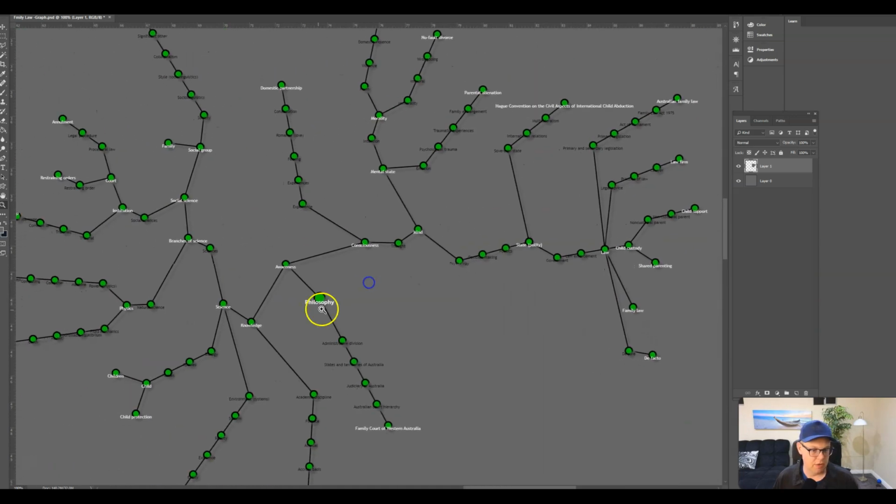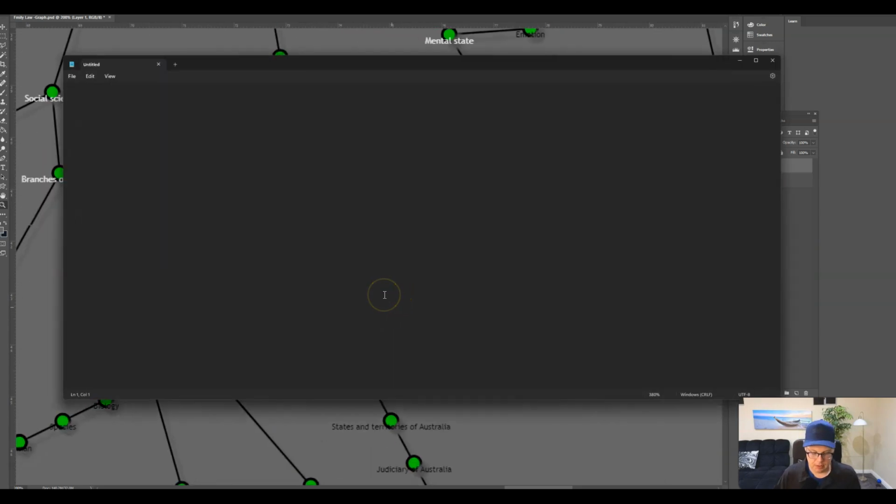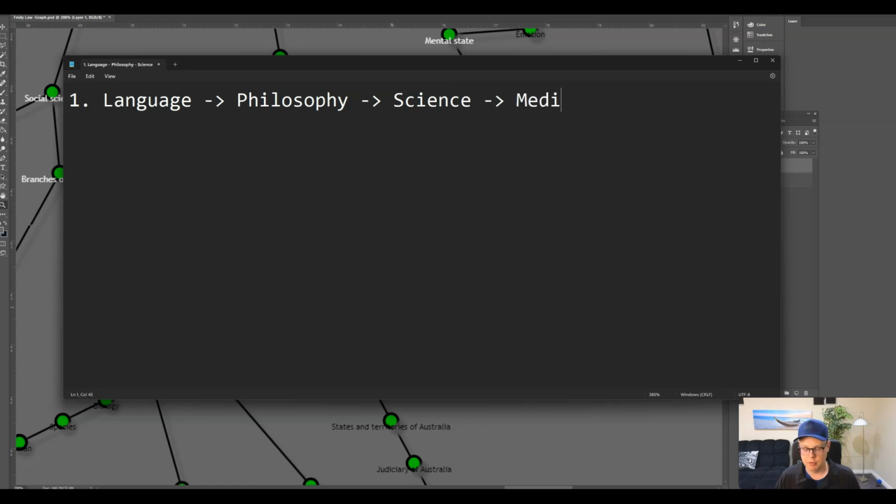So the idea of this graph, you can see here is philosophy. The idea is something like this, where in order for knowledge to exist, we need to have language. So the very first thing that needs to be there is language. And from language, philosophy is derived. And then from philosophy, there are certain subcategories of knowledge that are derived, like science. And then you have different sciences like medicine, biology, physics,